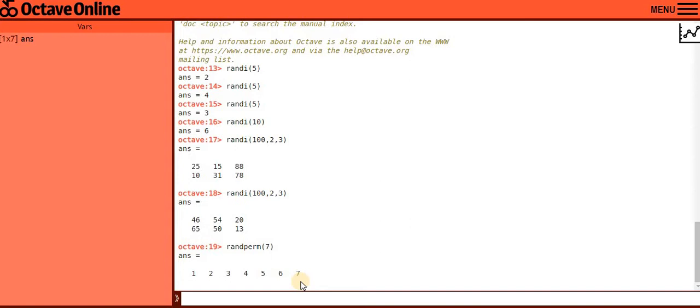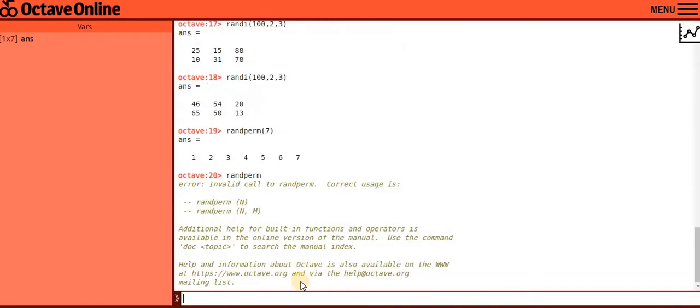Now it is creating randomly generated numbers from 1 to 7, and the size will also be 7, right? To check, I am now just writing randperm. Why did I do this? Just to check the syntax. Whatever command you want to use, if you do not have knowledge about it, you can use the help function if you're using MATLAB, or if you're using some online compiler like this, just write the function and press enter, and the syntax and the options will be in front of you.